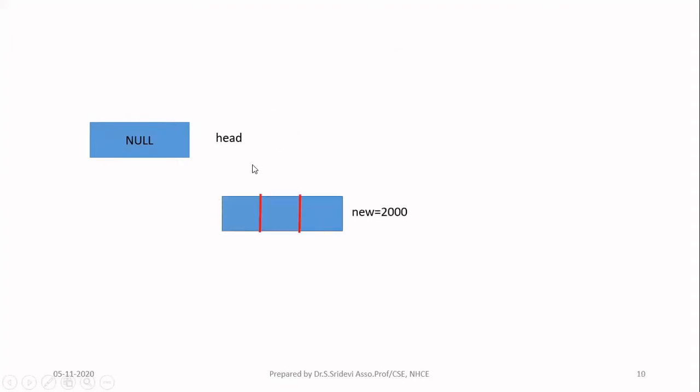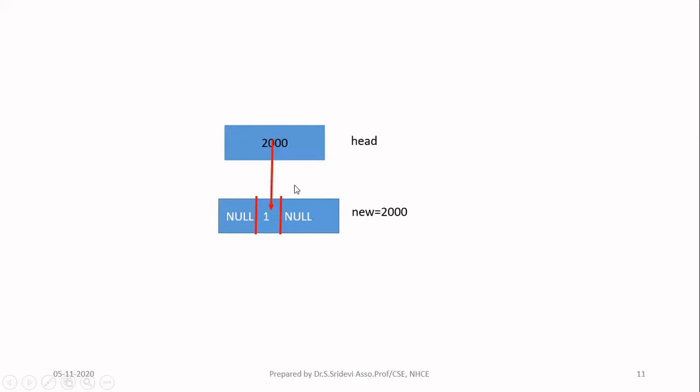Now I want to create the first node. When I want to create the first node, first I have to create a new node like this, which contains the 3 fields as indicated by the structure. Then in the new node, once you use the malloc function, it will allocate the memory for the new node and it will return the starting address, which is nothing but 2000. After that, you have to store the data field in the new node as well as both the link fields of the new node as null, because it is the first node.